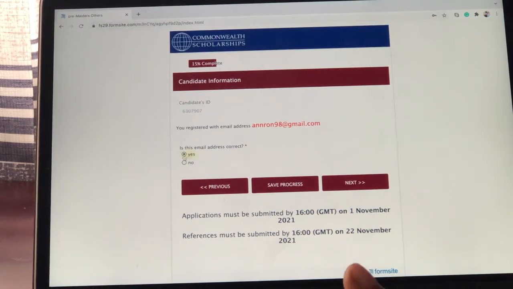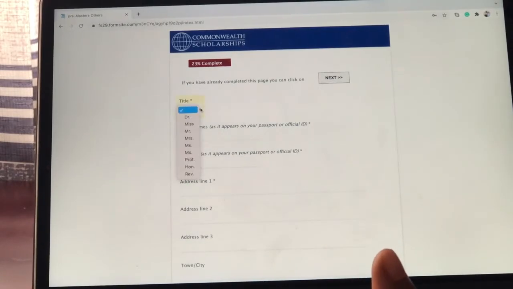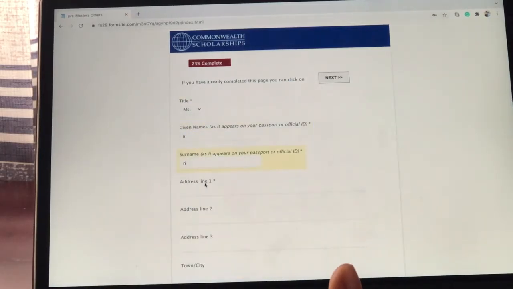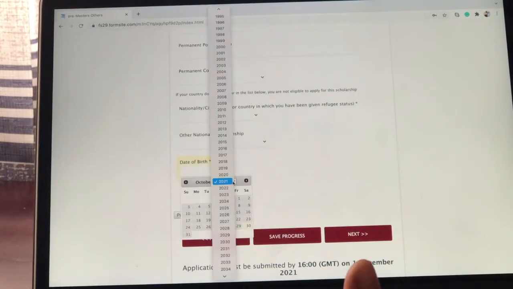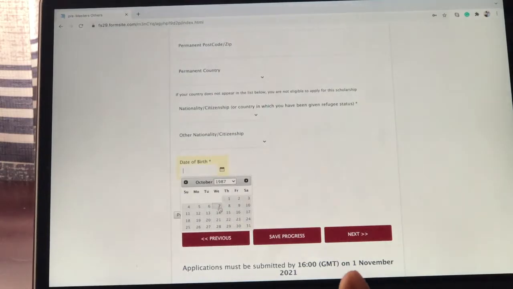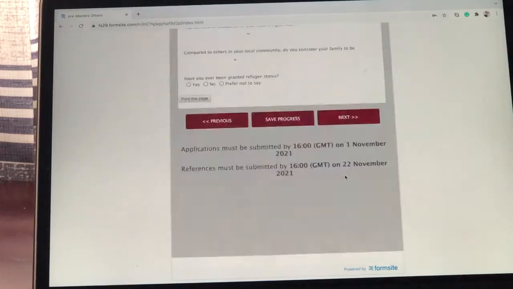Of course, yes. And then you go to so here, if you have already completed this page, you have the title, you put in all this information. Yep, can go to next.